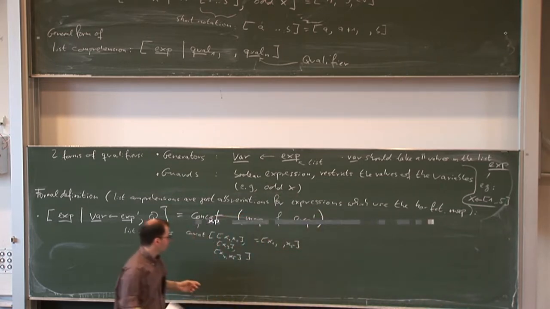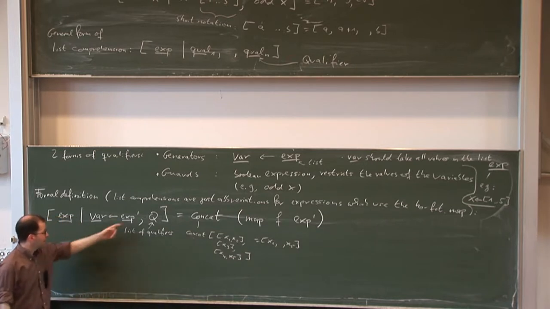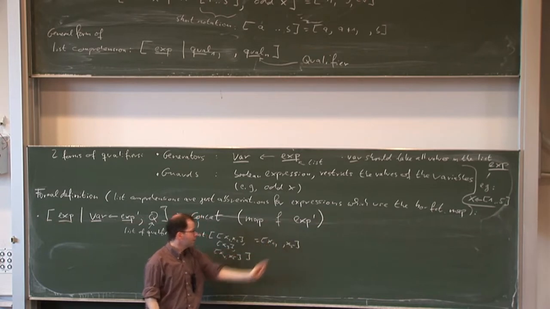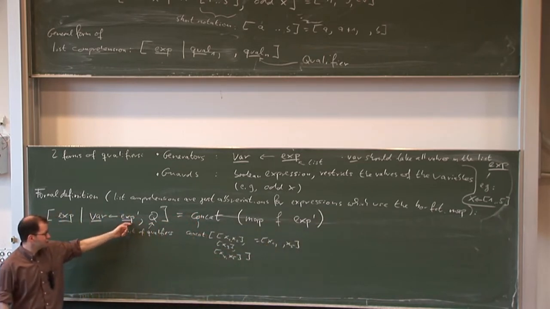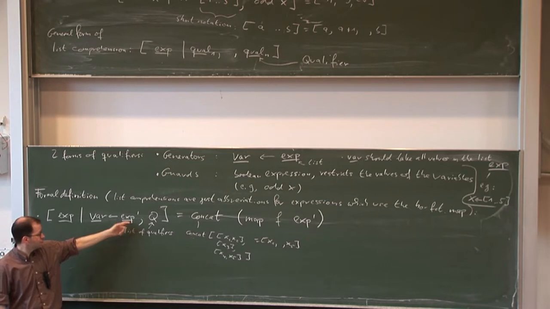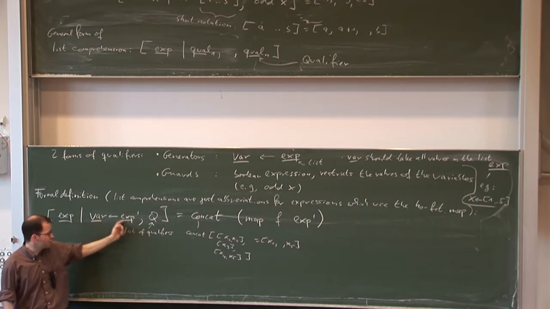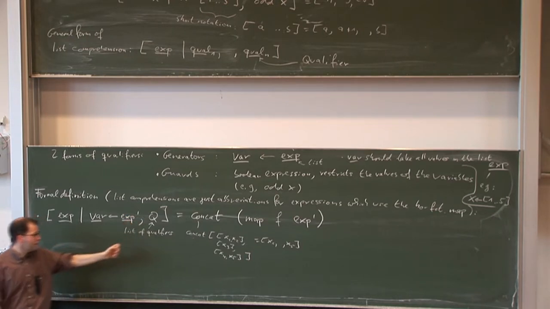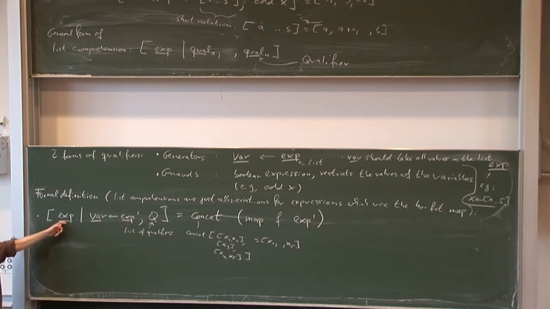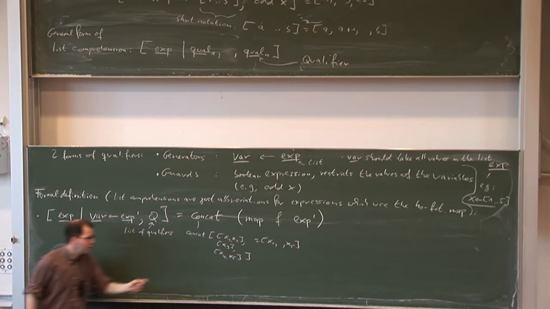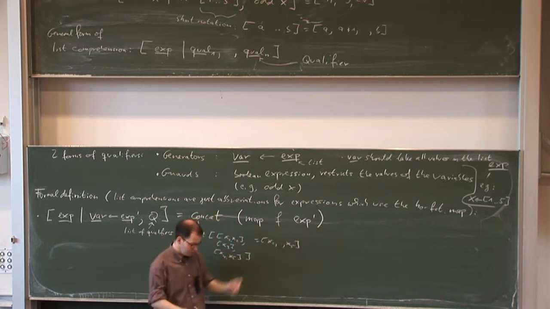So what we do is we take this expression and we apply a certain function f on all the elements of this expression. This expression prime is a list. The meaning is the variable should take on all the values in this list, and then the result should be this expression, but the variable first takes on element 1 in this list, then element 2, and so on. This is realized by this map expression because